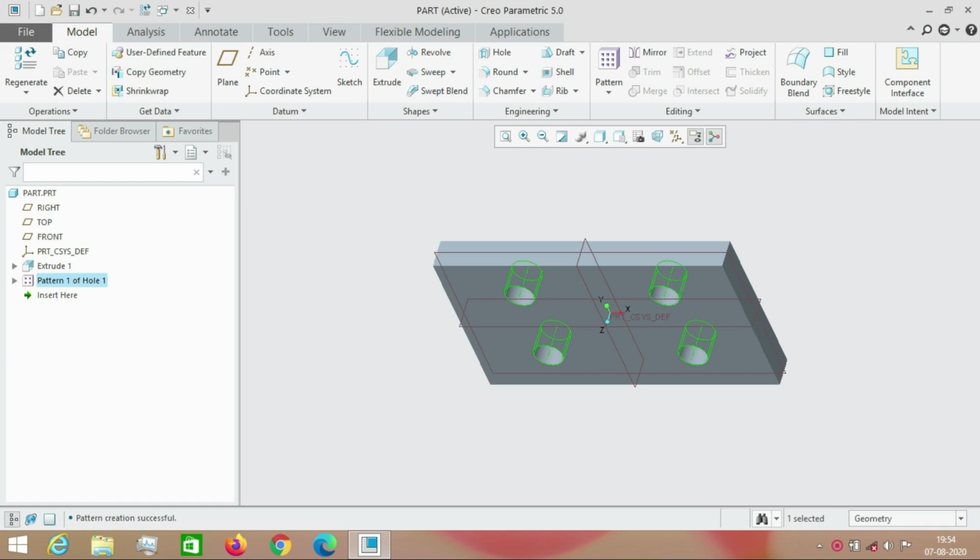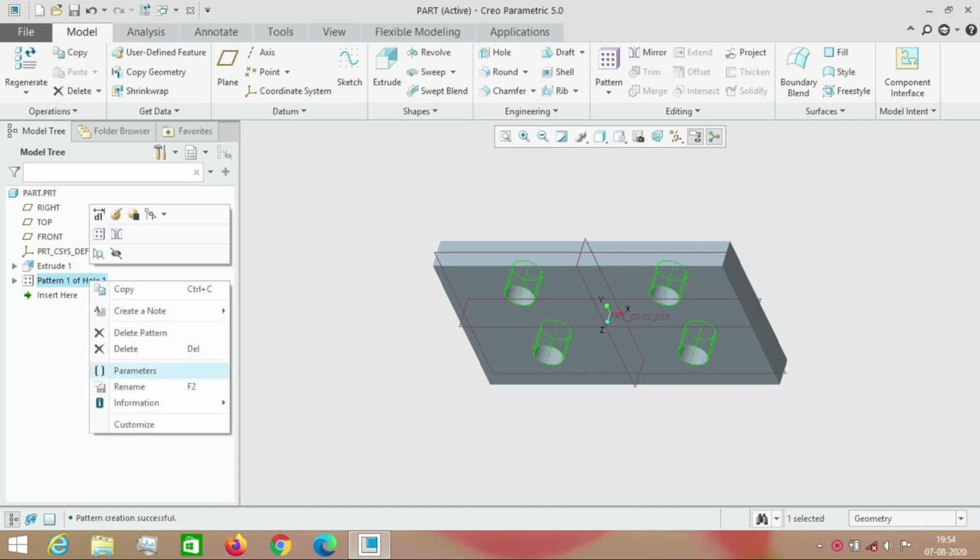Okay, so I'll give a short summary. We have seen the extrude command, and we have seen that the extrude command can also be used for removing material. Then I have shown you feature-based characteristics, and then I have shown you how to create a pattern. Okay, so let us get into the second command called